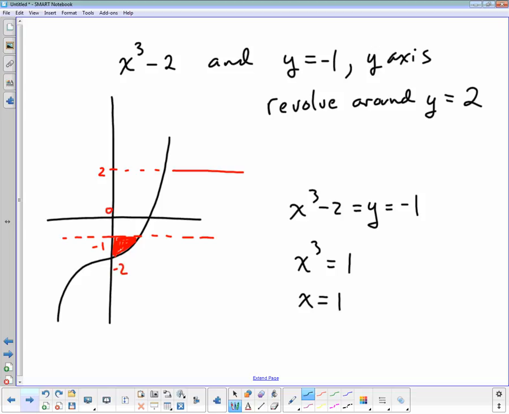So you had to find the points where the thing intersected. All right. And now we take that and we spin it about